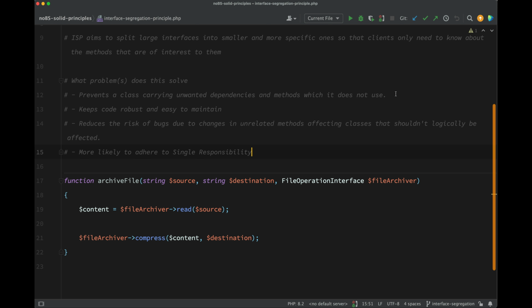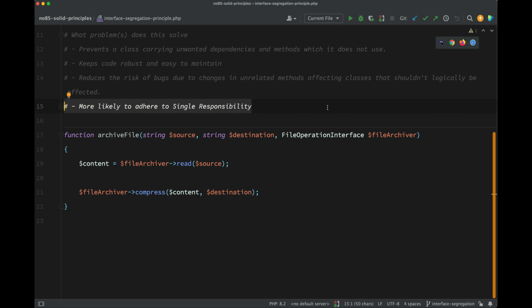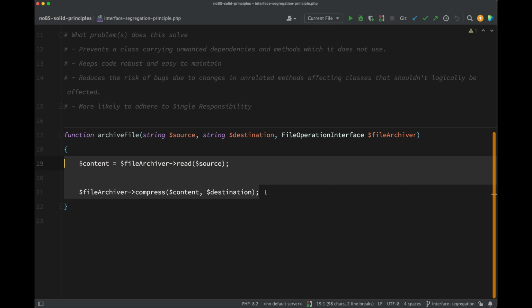So that's why I've added that one there. Okay, so here is the example. All we want to do here is take a file, so that will be source, archive it to a destination, which will be like the new file name after it has been compressed. So we're taking a file and we're archiving it simply by compressing its contents and saving to a new file